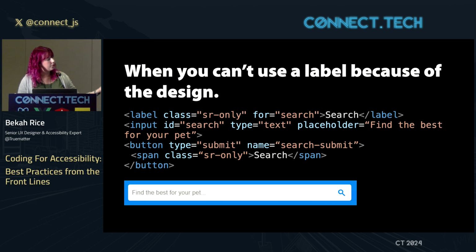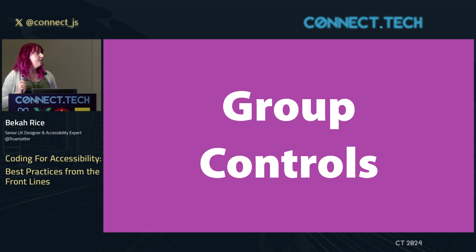And so when you can't use a label like the Chewy example, because they have a very streamlined kind of top section there, what I probably would have done, like I mentioned earlier, was hide that label off screen. There are many ways to do that, other than display none. You don't do that because that literally hides it from everyone, including assistive devices. But I can hide it off screen in such a way that it's not visual, but it is read, and it's read in the correct order. So this is how I probably would have done that. I also added it to the button, which is a span, but this would have still worked because it actually was a span.